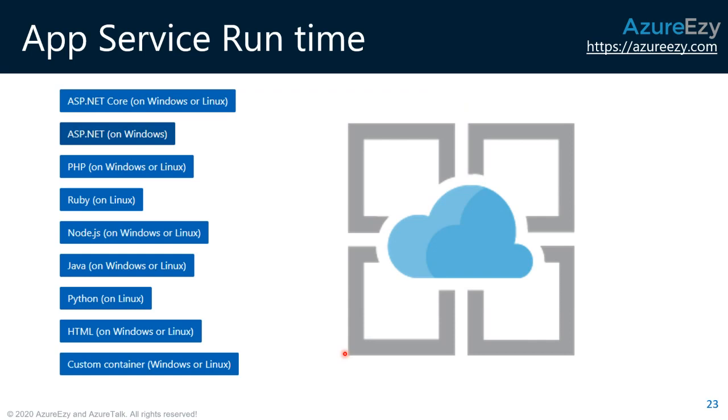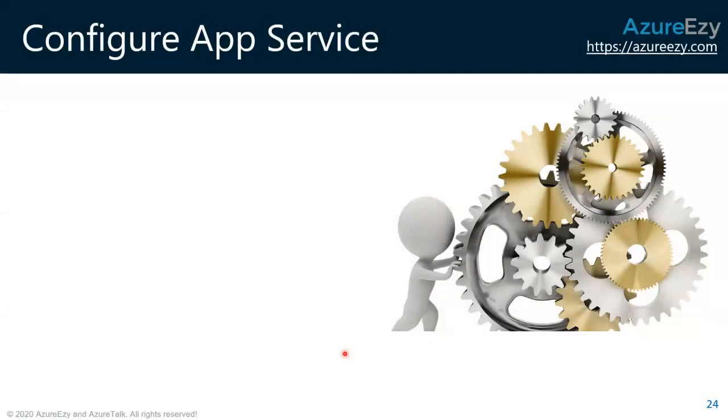So most of the popular frameworks are supported on app service, where you can directly deploy your application in a platform as a service environment. You don't have to worry about anything about the infrastructure details. Is Windows updated or not, what version of Windows, will Windows 2019 work, 2016 will work. It is Windows or Linux, that's it. Then you tell the framework, is it .NET Framework, .NET Core on Windows? That's it. Behind the scenes, it will make sure that you have the appropriate framework and appropriate Linux operating system combination which can work with your application.